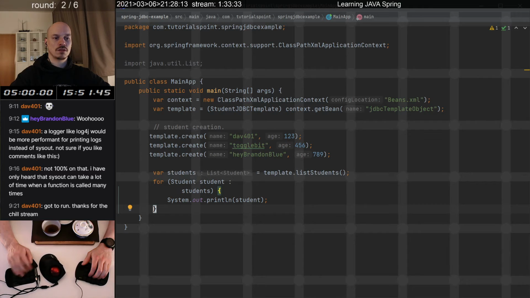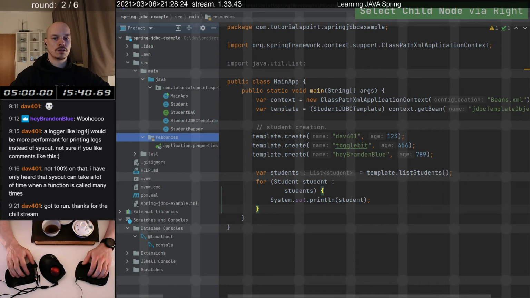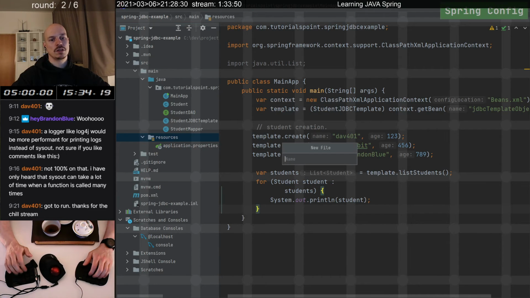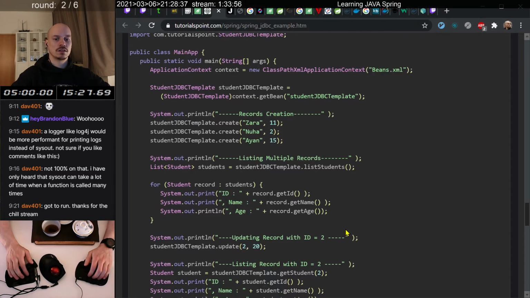Okay. I'll try to run this, and nothing is configured yet, so it will not work because I don't have my template, I mean the configuration. So here we will create an XML configuration file. Beans is the name for it, and inside of there,